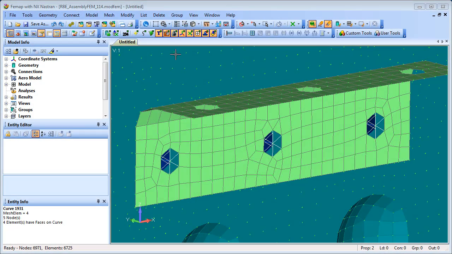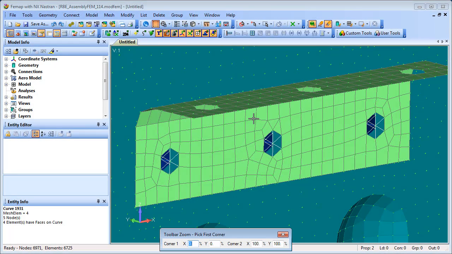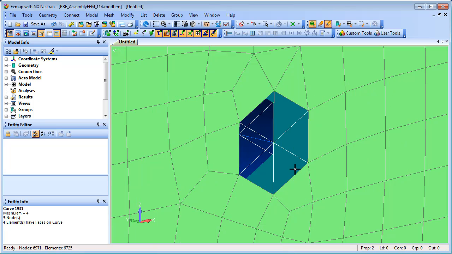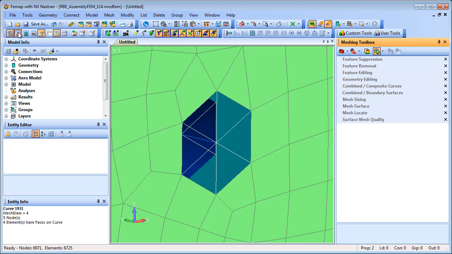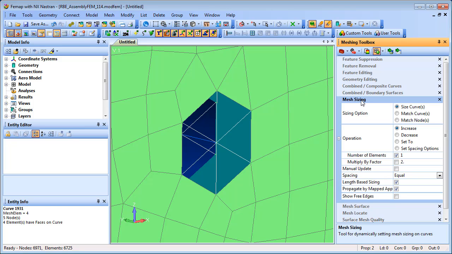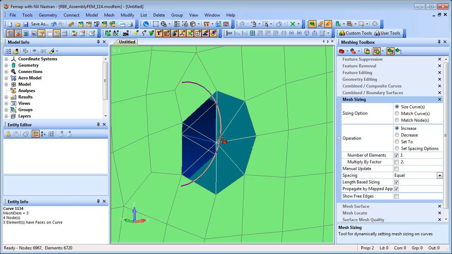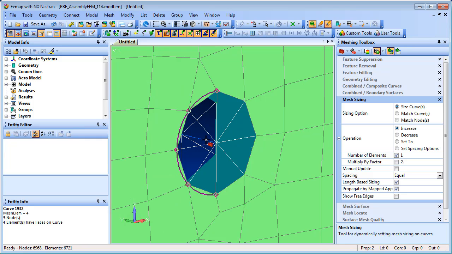Updating the FE mesh using Femap's meshing toolbox also updates any rigid body RBE elements present to match the new surrounding mesh density. Let's take a look at this model, which contains bolt representations with spider RBE elements connecting to the holes. As we update the mesh in the meshing toolbox, either by simply increasing the mesh density of the